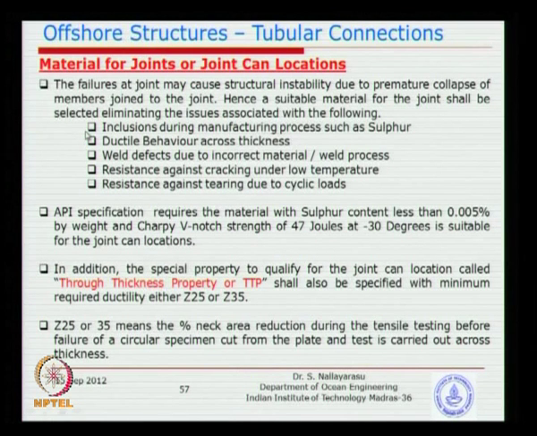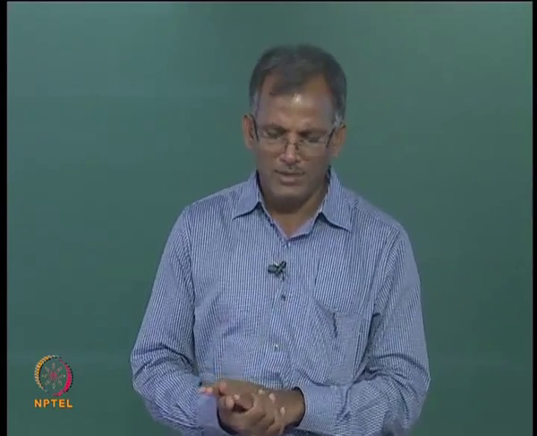The second thing is the material toughness at such applications. In the other course we will be going into detail. Basically the toughness of the material against impact loading should be higher. So the energy of impact is to be resisted by the material toughness, and an easy method of finding it out is the Charpy test of a particular specimen at a certain temperature, depending on where the jacket structures are located. Normally API recommends testing at minus 30° and you should get 47 joules. So next time when you come down to our laboratory we can see how the test is performed.